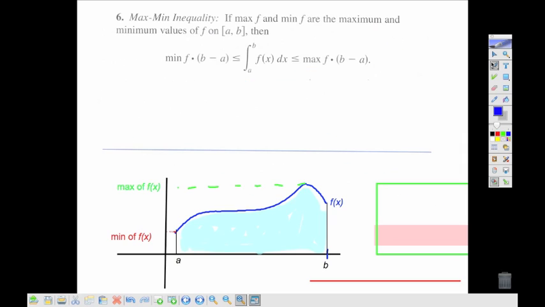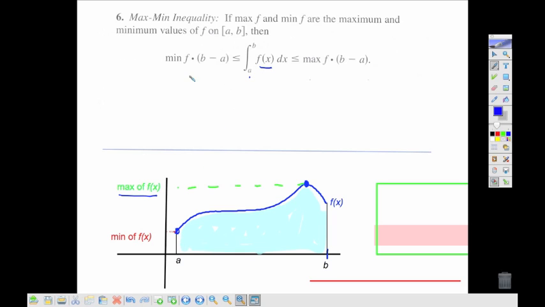The next rule is the maximum or minimum inequality. And what this one's looking at is if we know the maximum value of f of x. Okay, so here I've got my integral going from a to b for f of x. That's my blue graph here. If I know the maximum value of that, I've got that right here, my maximum value, and I know the